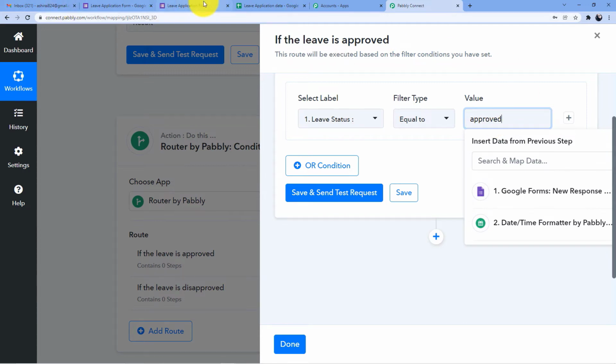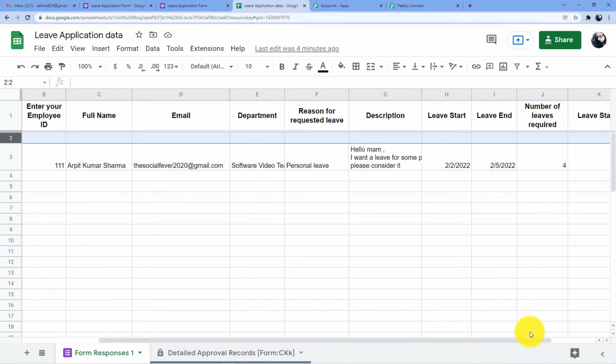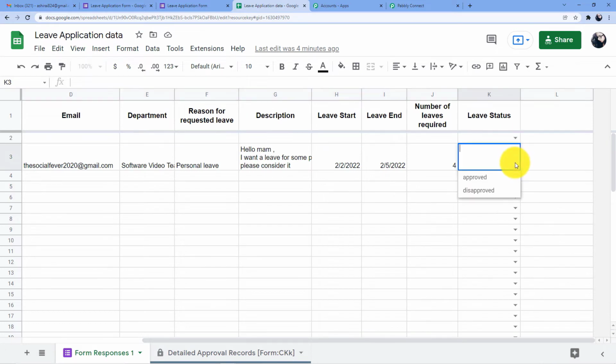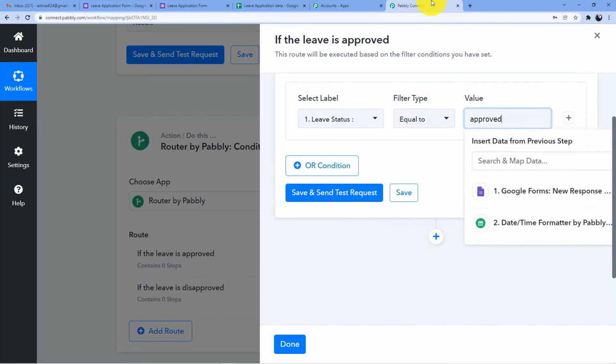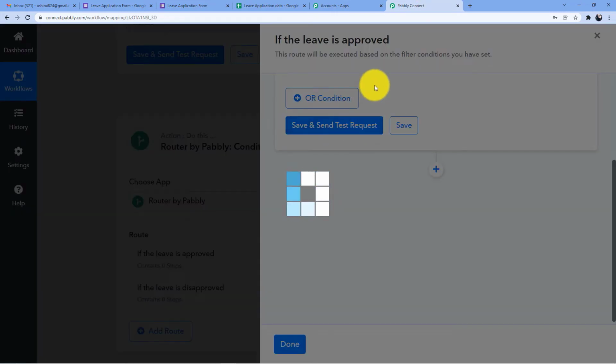Let me see what I have used in my Google Sheets. I have used approved and disapproved. Okay. So I will just go in here and type approved, save and send test request, and